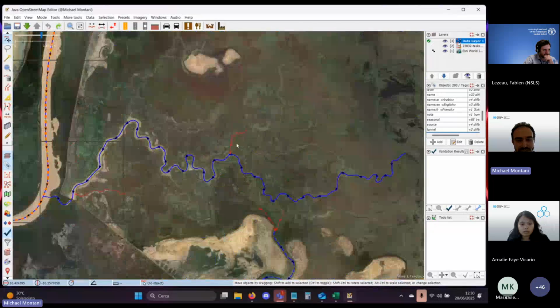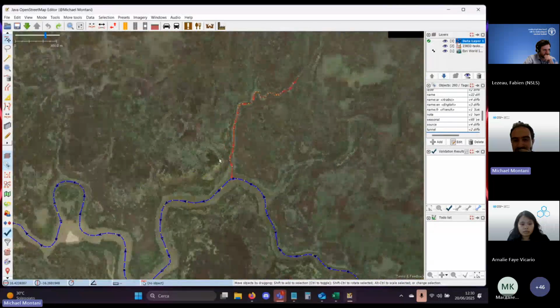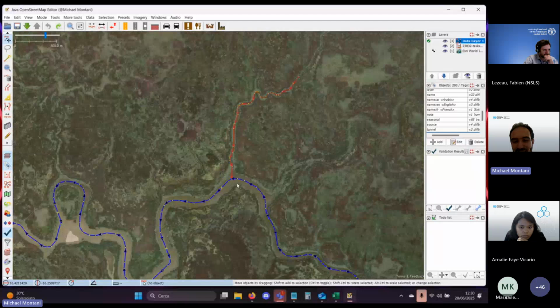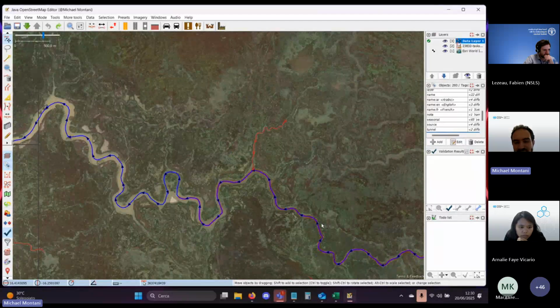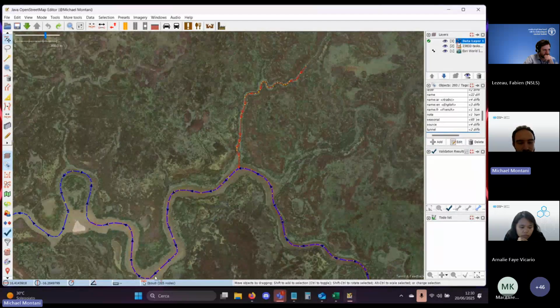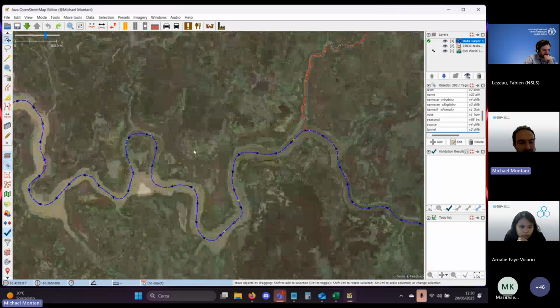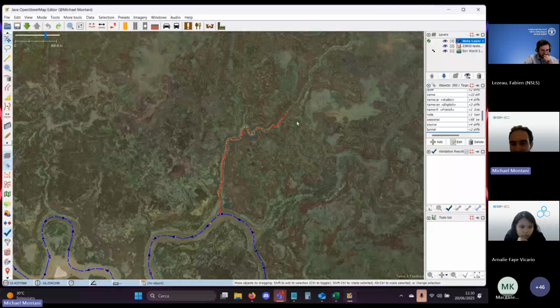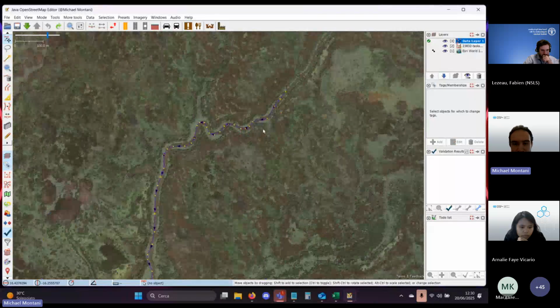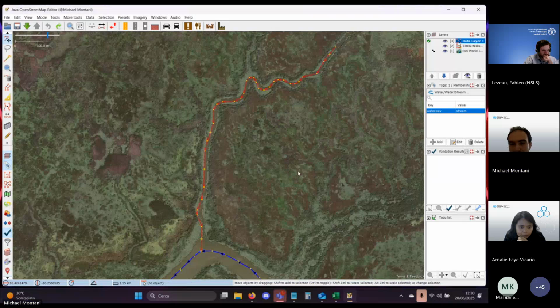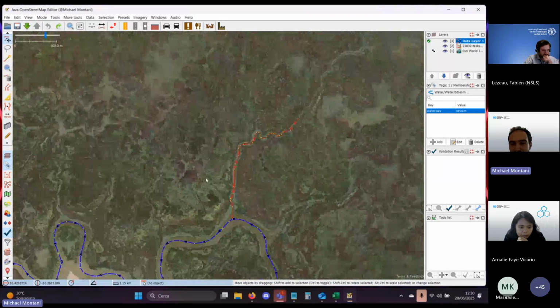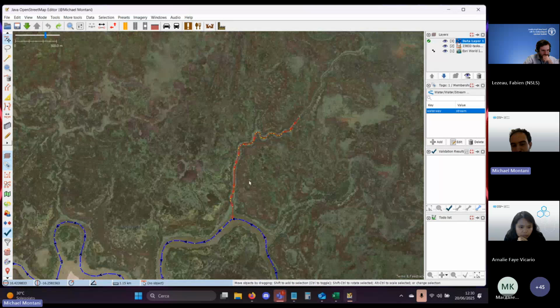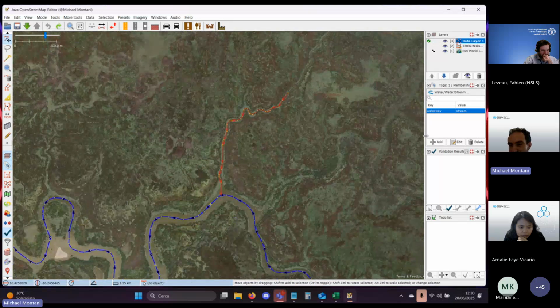Yes, this one is very clear: this is the main waterway, the river that is flowing in its fashion, and then we do have a stream. This is also flowing not in a straight line, but is much narrower. So whenever we have a ramification of a river, we assign the waterway equal to stream tag.